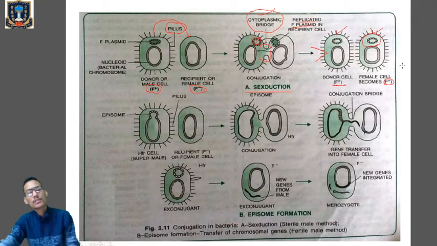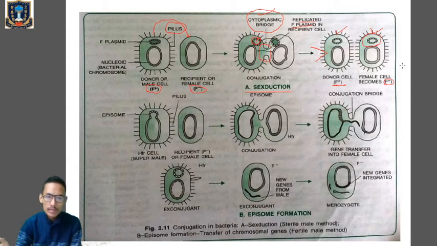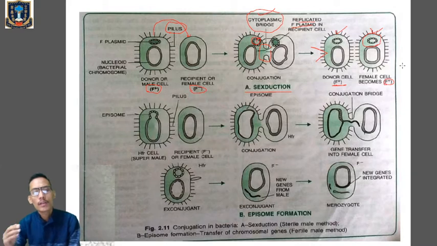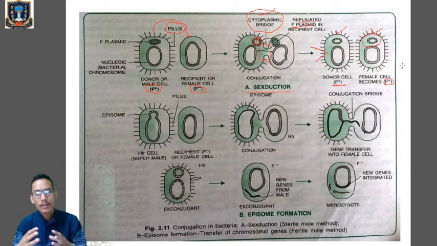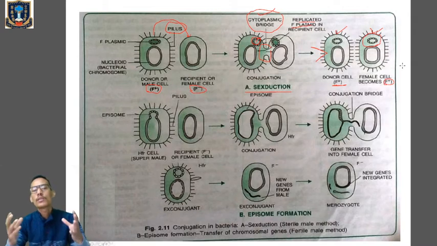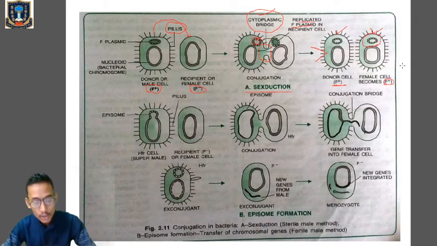Okay, so what is sexduction? The two cells have to come in contact with one another. What two cells? F plus and F minus. Okay, so these two cells will come in contact with one another with the help of the pilus or pili, and in the region of contact between the two cells, the pilus will grow in size and form the conjugation tube